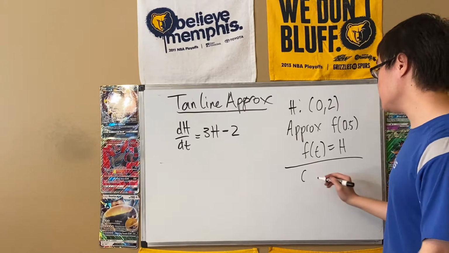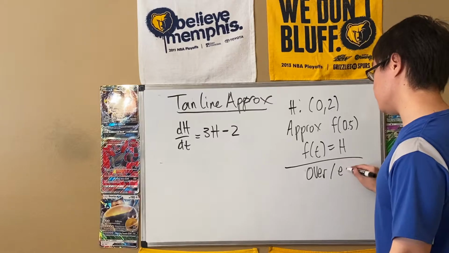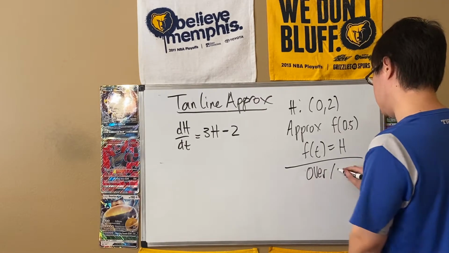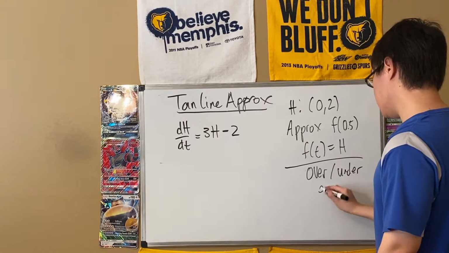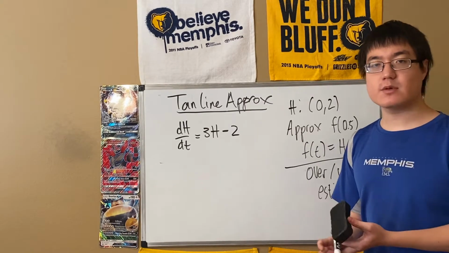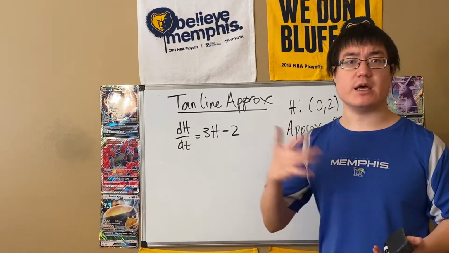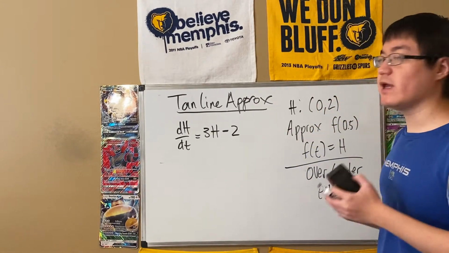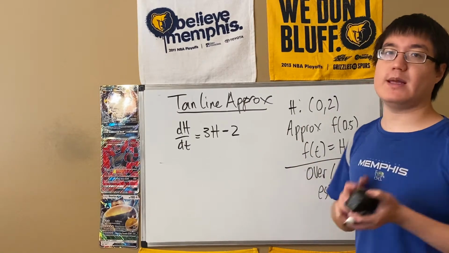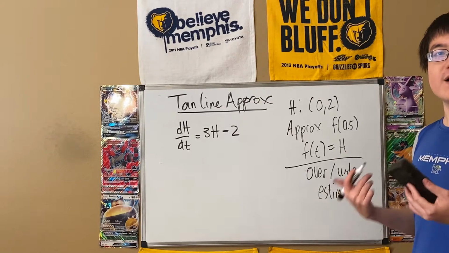We're going to ask whether this approximation is an overestimate or an underestimate of the actual value. So, over or underestimate. They ask overestimate and underestimate questions throughout the AP exam. Usually they ask it based off Riemann sums and integrals. But in this case, when you have tangent line approximations, it's going to be based off concavity, as we're going to see. So first off, we need to find a point and a slope,